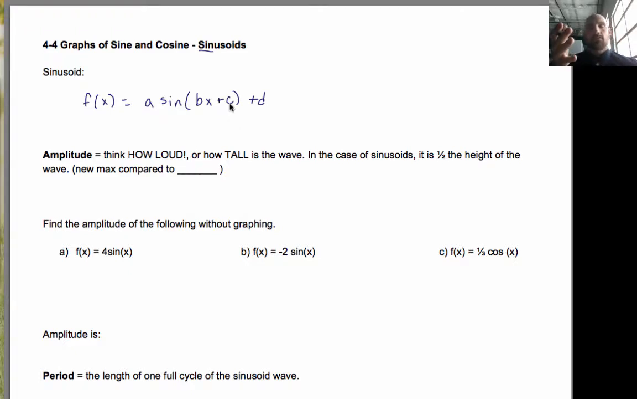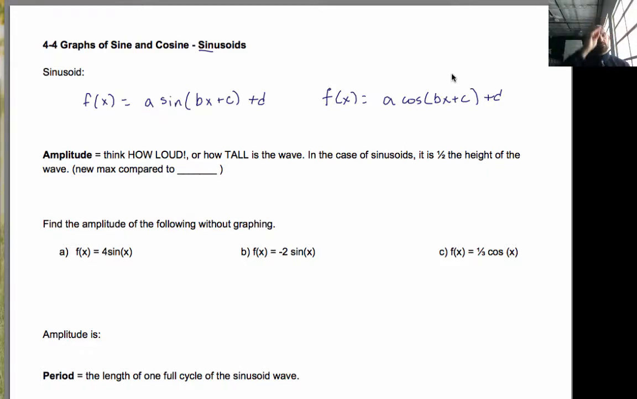Now this setup should look fairly familiar to you, because all of these letters, a, b, c, and d, represent changes to the parent function. So the parent function sine of x, or in this case we could have f(x) = a cosine(bx + c) + d. All of these letters, whether it's sine or cosine, have to do with the way that it's shifting left and right, up and down, the amplitude, which makes it taller or shorter, and the phase and the period,